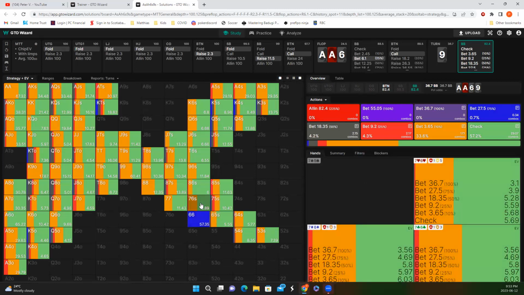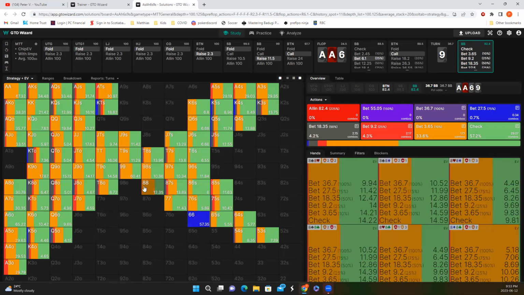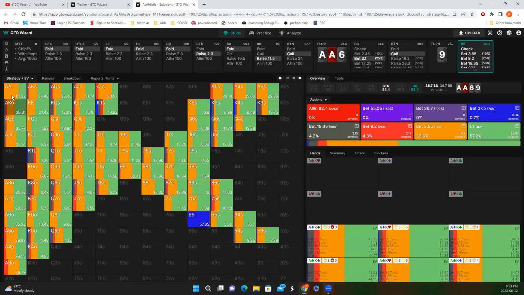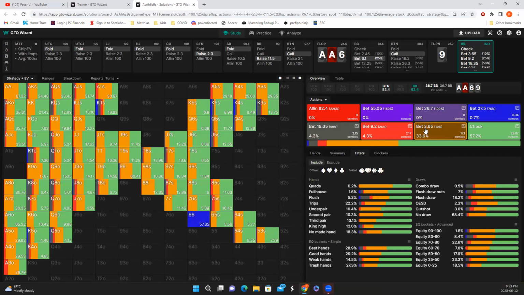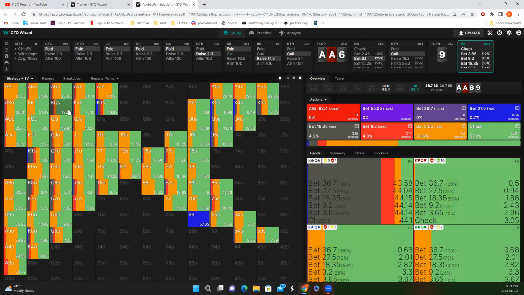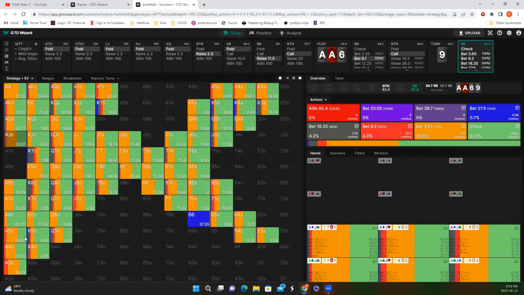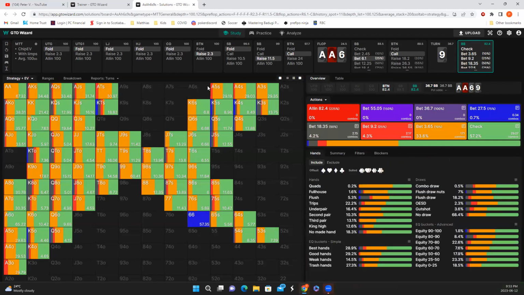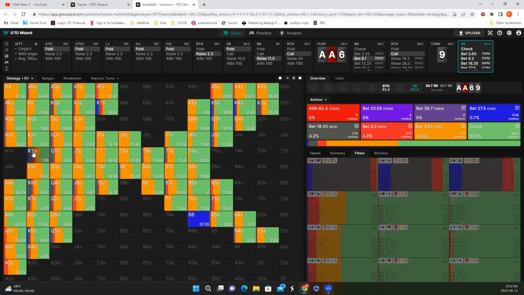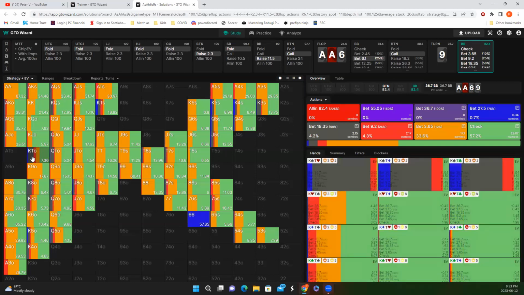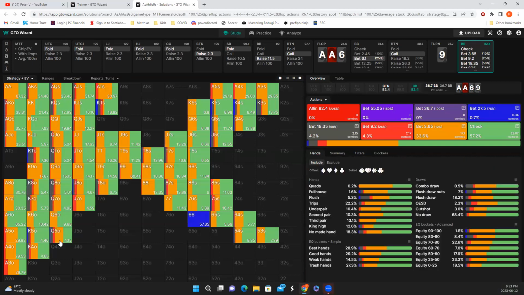A 6 takes this small sizing. Pretty much everything just takes this really small sizing, right? It just wants to nudge a little bit more money in the pot, like when we have trip aces. So it looks like some of the queen X, king X, probably with a spade, wants to bet bigger. And that probably makes up the bulk of our